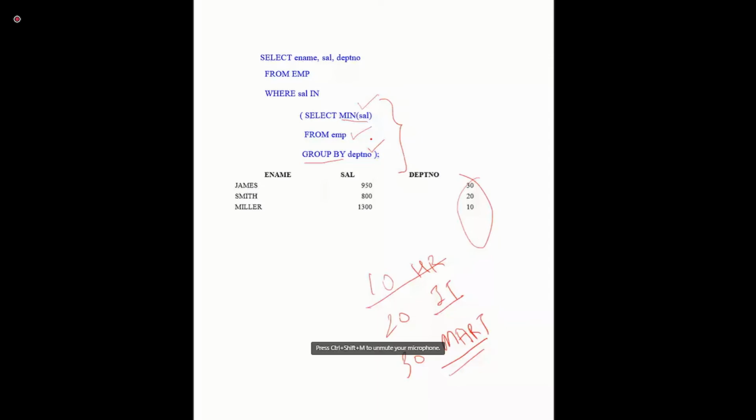After finding out the minimum salary, we have to find out the details of that employee. Details of that employee means name, salary, and in which department that employee is working. So we have used here the column names employee name, salary, and department number from the employee table. And here we have used the in keyword. In keyword means that we have to check within the list. So we have used the in keyword here, where salary in